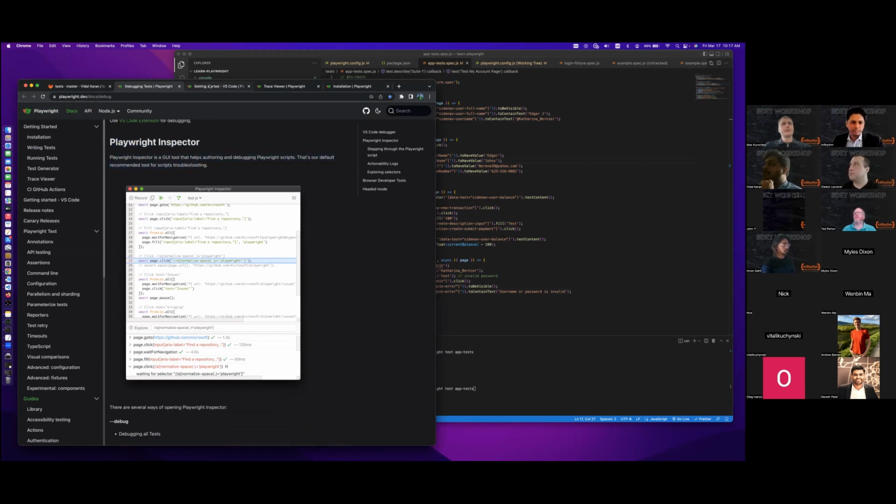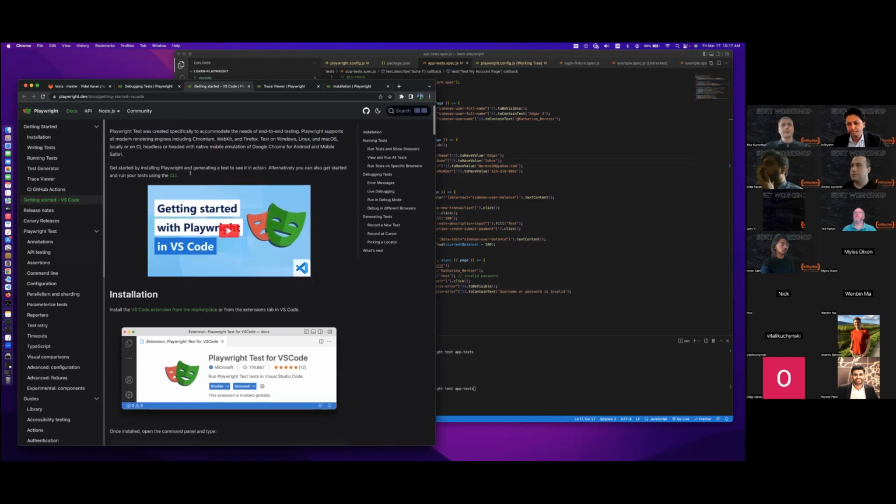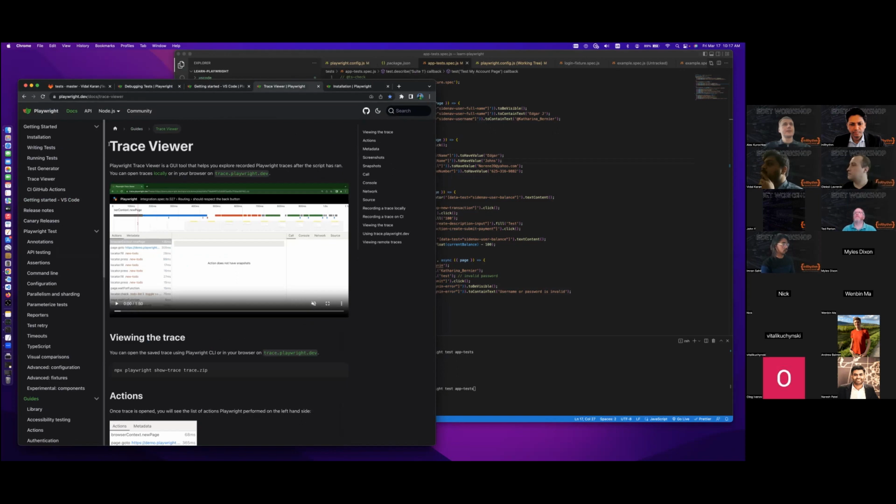Then we'll go through the VS Code extension, something you can get from VS Code extensions and install in your VS Code, and that helps to debug. And the last thing I'll talk about is Trace Viewer, which is recording traces of your tests, which is also very helpful for some cases that are not easy to debug. Then you can get the trace and see what's going on in more detailed information.